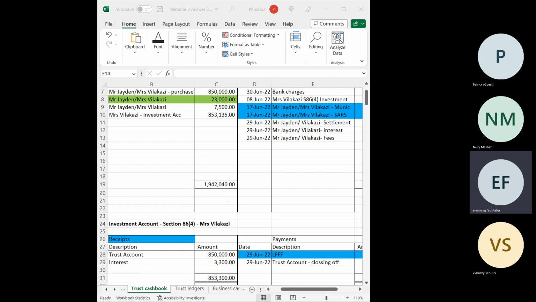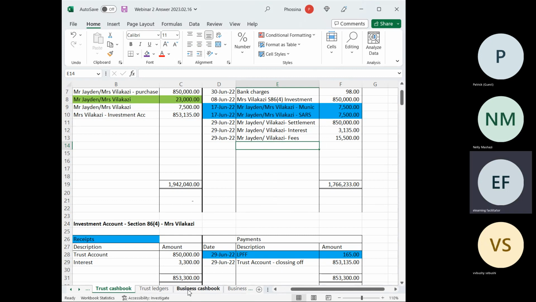But in this case, let's just use this example so that we can illustrate. Okay, so we are told on 2 June 2022, our firm charges 500 rand exclusive of VAT to open the file. Okay, so this is more of a business transaction. We are charging our fee for opening a file, which means we go back and record in our